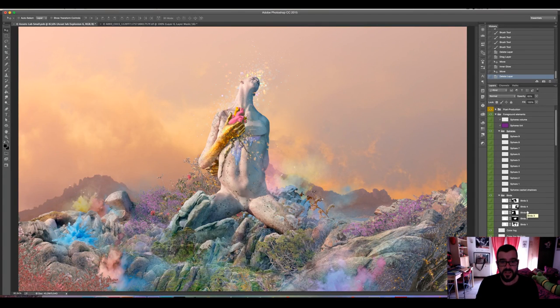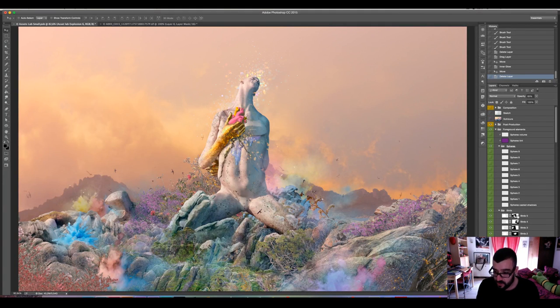Well, I'm going to talk about the last elements of the composition. The first one is that I needed to create a scale reference here, because I wanted the statue to look very big, and I didn't know how to do that. I reached the conclusion that by placing some tiny birds here and there, the human eye would understand the original scale of the birds and think that the statue is actually gigantic.